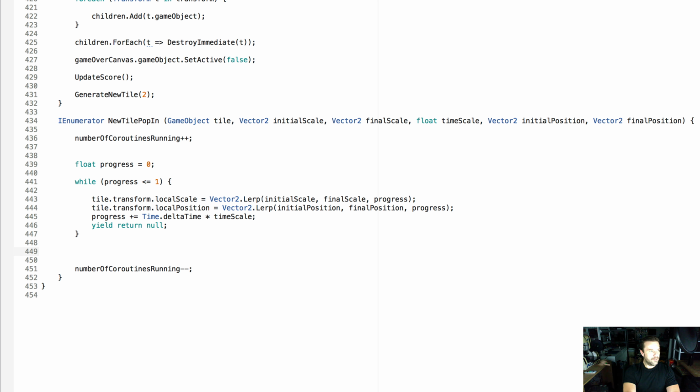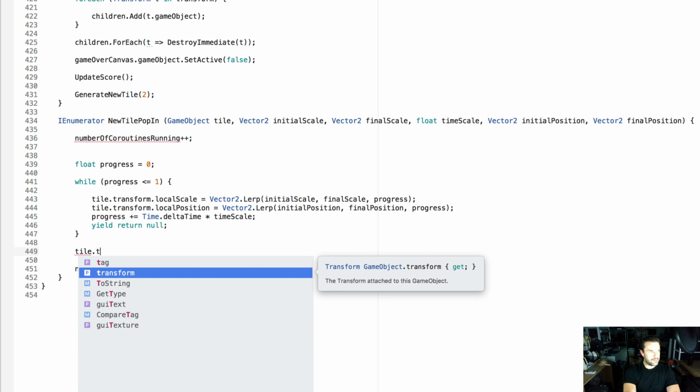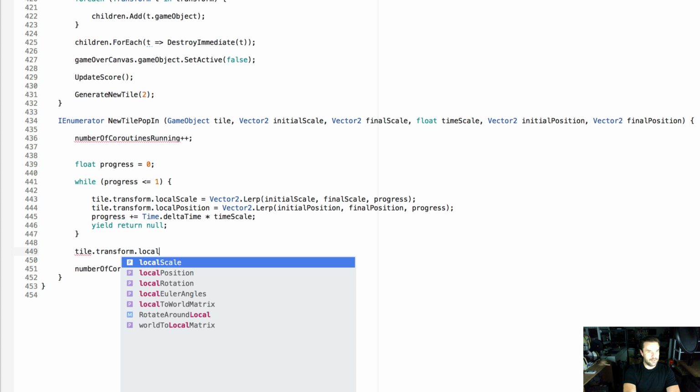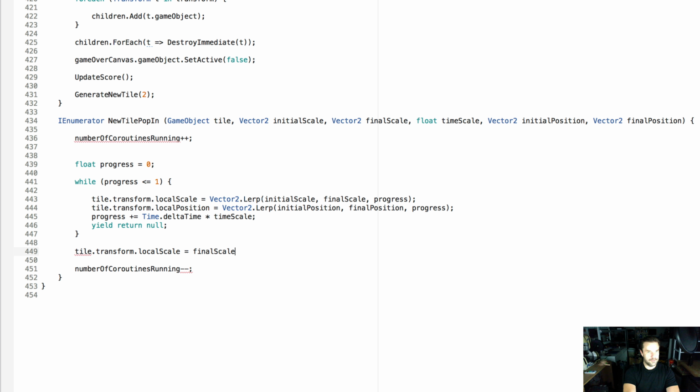And then we need to do one more step, and I'm going to explain this in a second. Let me get this written down. Local scale is final scale, and tile.transform.local position equals final position. And the reason that we do this is because it's very possible for this progress, because it's a floating point number,